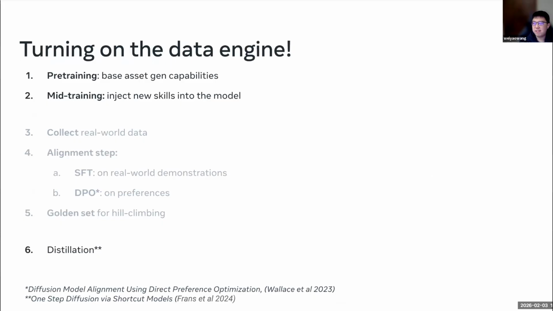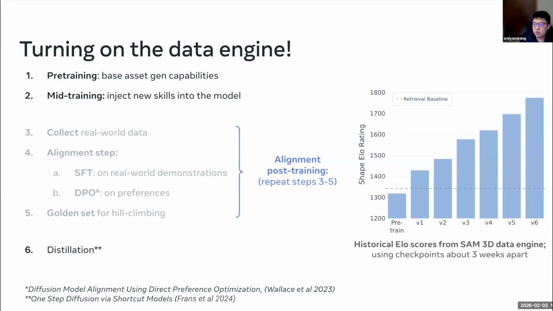And now this is the exciting part. Once you have this pipeline, as with LLMs, you can run the data engine and post-training in a loop. It's like a flywheel. The model helps generate candidate 3D predictions, humans pick the best, and the model trains on the best ones, so the model gets better. Then you redeploy this model to collect more data with better annotations and tackle more difficult cases in the data collection process. This cycle can repeat every few weeks. This is what we do. And over time, the model's predictions are increasingly preferred. As you can see, the Elo score keeps getting better every three weeks by doing this hill climbing.